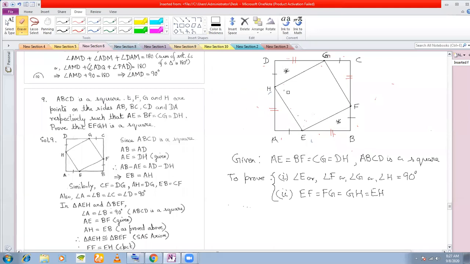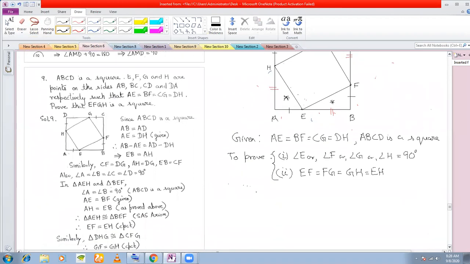Now the next part, how to show that one angle is 90 degrees. I think that I'll do after proving that all the sides are equal, because then you will be able to see which angles are also equal. Okay, that's too much of information right now. So maybe I'll first prove the congruency of these two triangles, this triangle and this triangle. In order to prove that the adjacent sides of this quadrilateral are equal, I'll show that these two triangles are congruent. So I'll write in triangle.